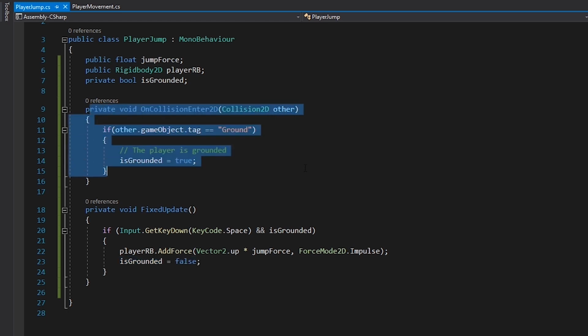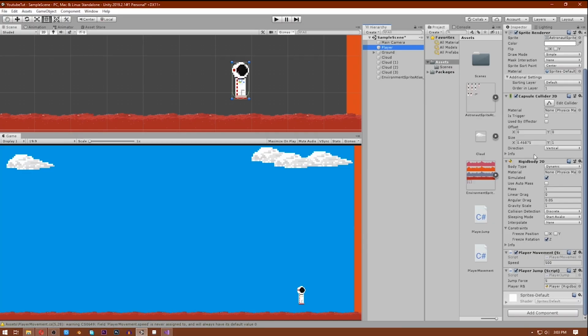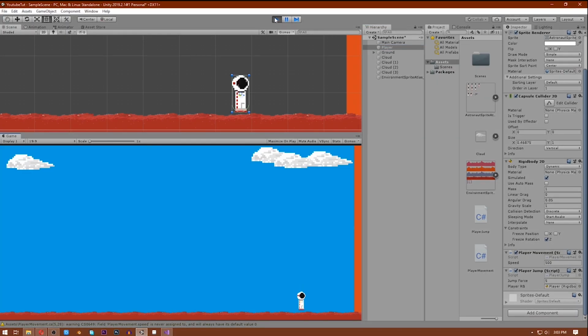So until you land back on the ground, you won't be able to jump. Now save this, and when you play the game and press the jump key, you can only jump once. And you can't jump until you reach the ground. Now we have a proper jump code, and now let's set up double or even triple or even quadruple